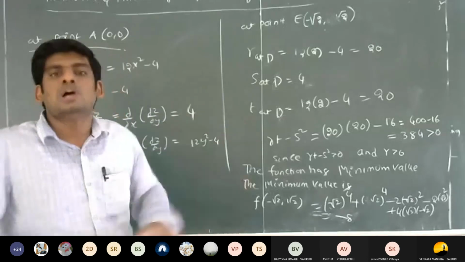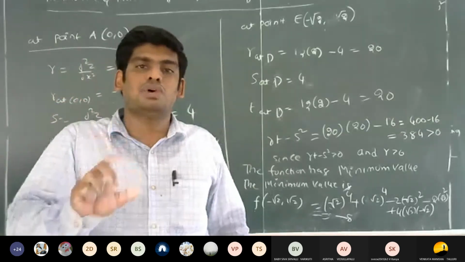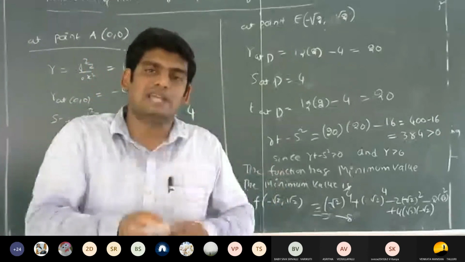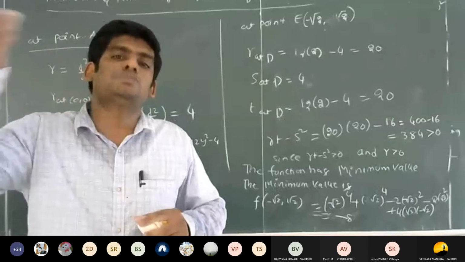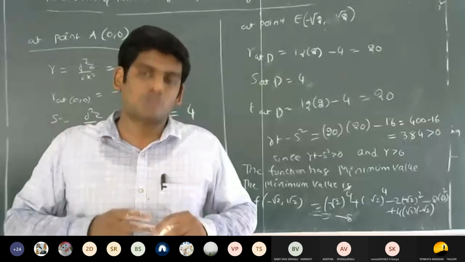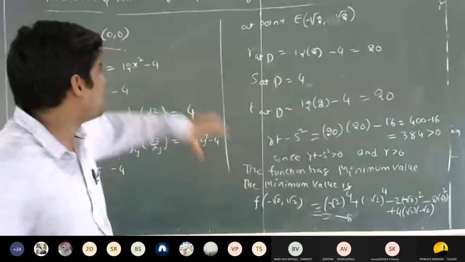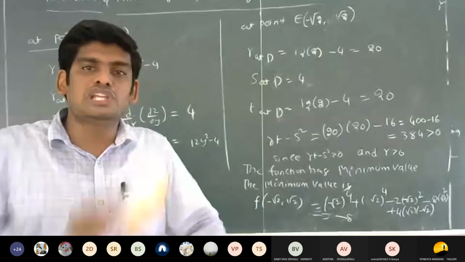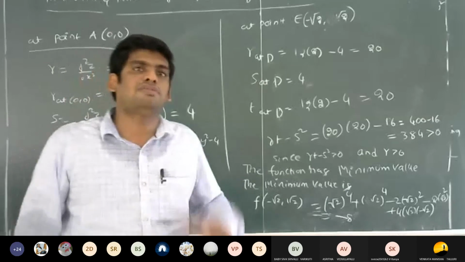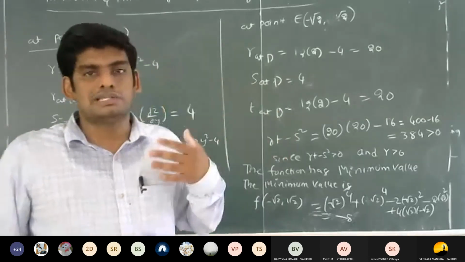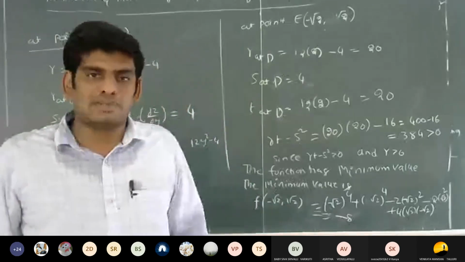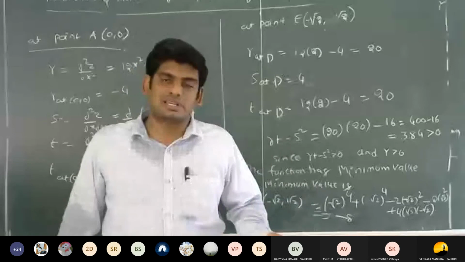How to follow this method means you have to convert one variable into the other two variables. Suppose it is a function of x, y, z, so you have to change z in terms of x, y, depending on the constraint. Based on that, we change the given function of three variables into a function of two variables. So that is the process. For finding the maxima and minima of a function of three variables, you can also follow the Lagrange's multiplier method, which we will discuss in the next session very clearly.